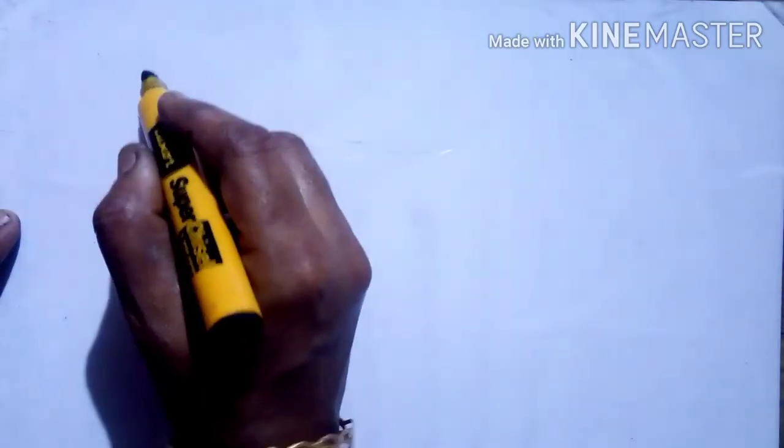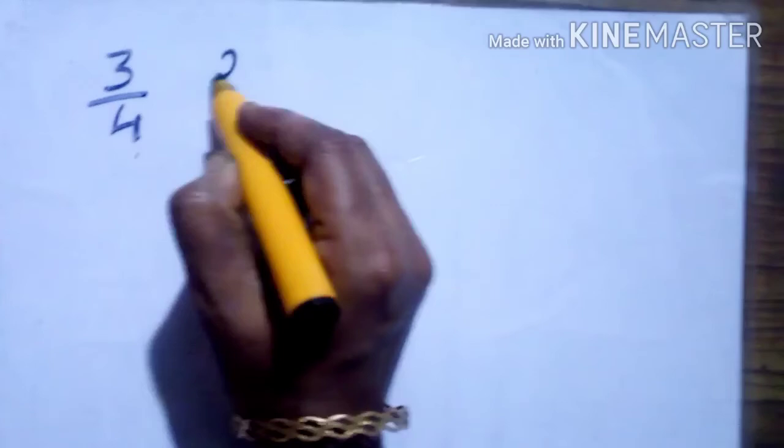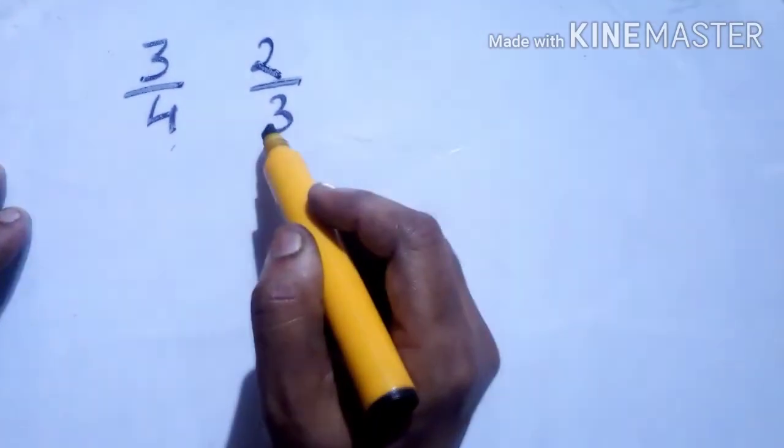Now let us compare two fractions. How do we compare only two fractions if they are given? Till now you have seen how to compare fractions or write them in descending and ascending order. Now we have to compare and write less than or greater than. So compare, example 1, 3 by 4 and 2 by 3. We have to compare these two. That is, you have to find out which is greater and which is less.